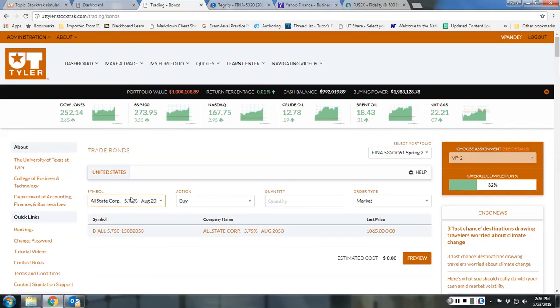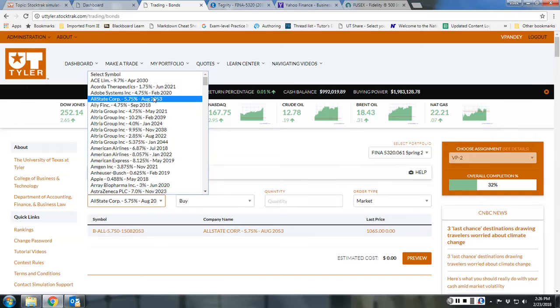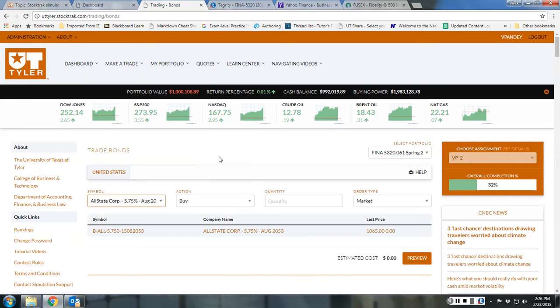5.75% is the coupon on that bond, and it expires in August 2053. Right, so there's a long ways to go with this bond. Its market price is $1,065. Remember that bond's price,